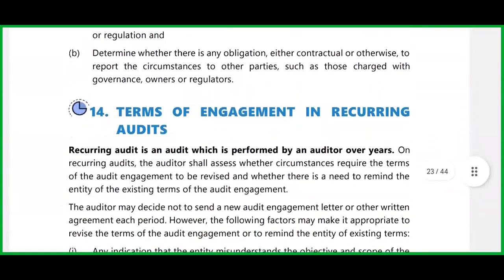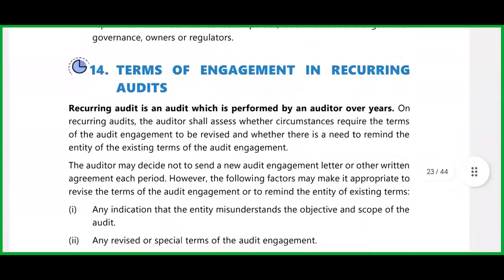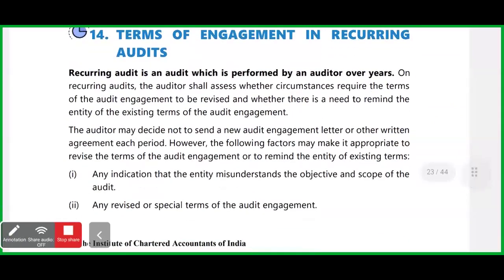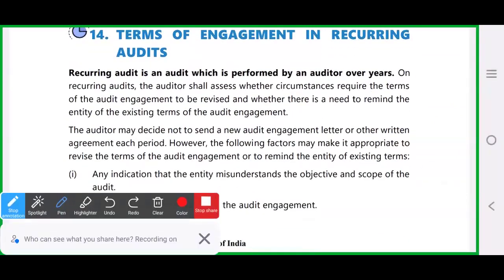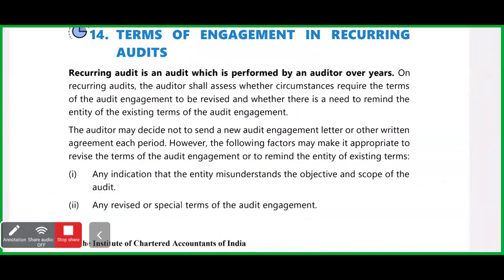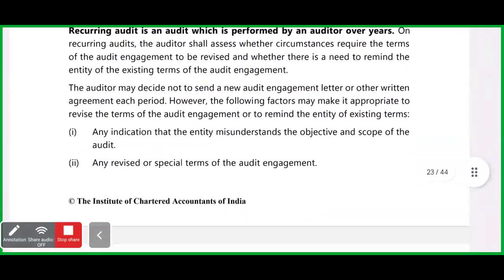Terms of engagement in recurring audit. Now, what is recurring audit? Recurring audit is something which is performed by the auditor over years, happening again and again on a continuous basis. So the auditor may decide not to send a new audit engagement letter. However, if the following factors are present, then there is a clear-cut need to change